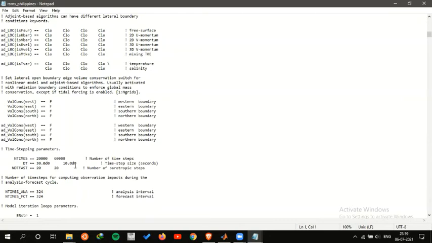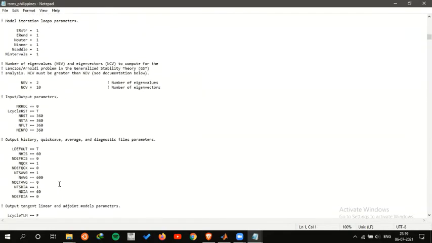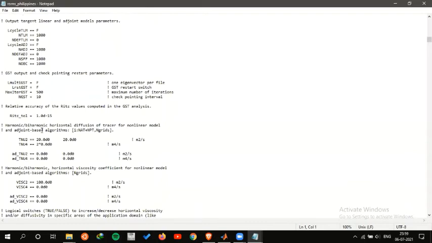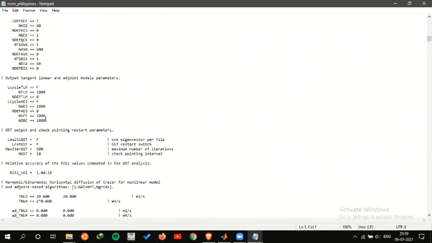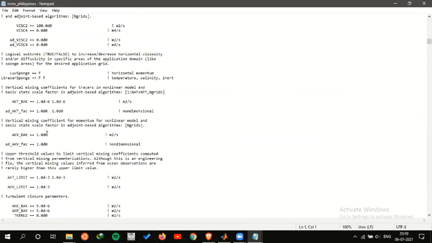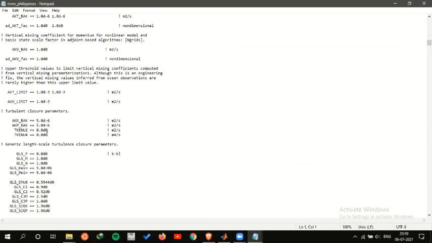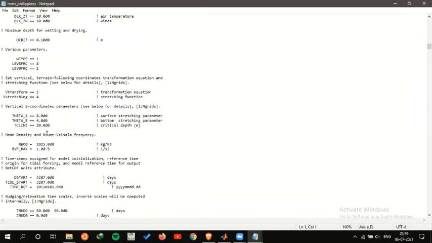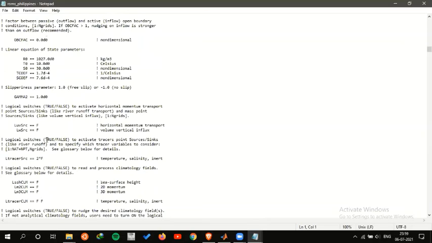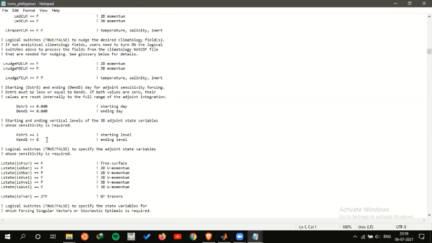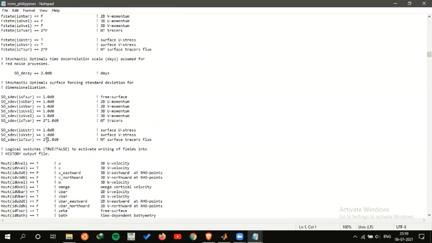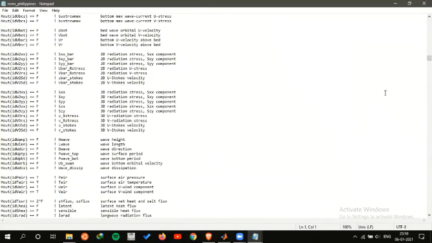Now, if the refining was of the order 5, you would increase the DT of the parent by 5 times and reduce the N times of the parent by 5 times. Now, DT fast you can keep the same, no need to change it. No need to change the other variables, these are all constant. You can keep it the same. And now in this, we don't need to change this.